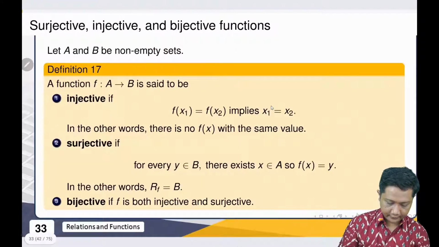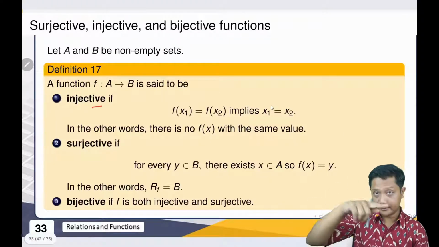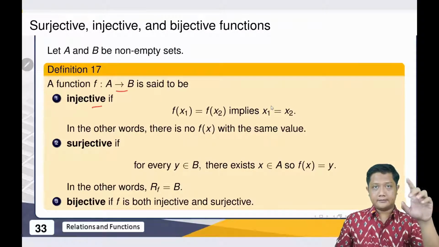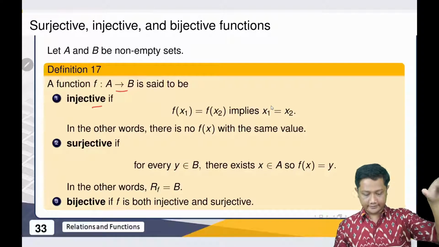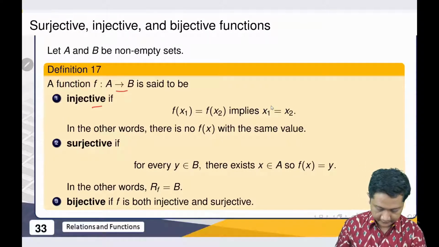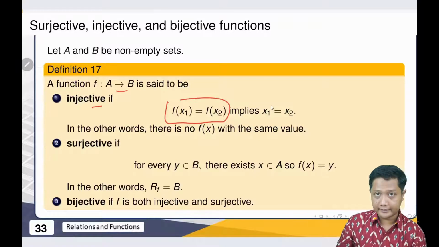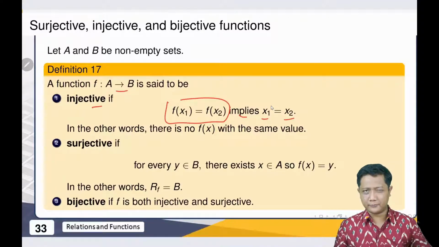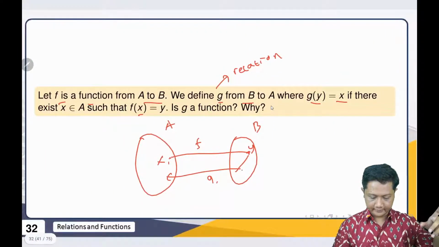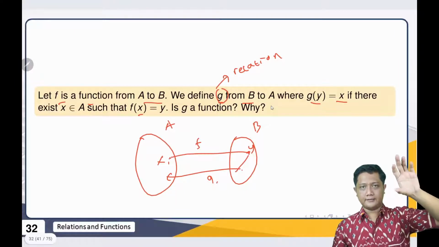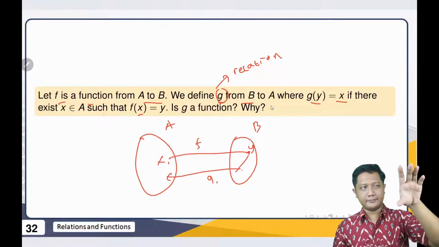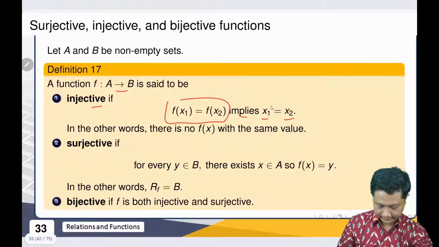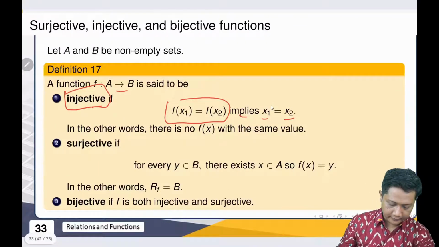So if the assignment assigns exactly 1 from B to A, then we call f injective. Injective means if f(x1) is equal to f(x2), that implies x1 is equal to x2. So it will make sure that our g from B to A really assigns each element to exactly 1 element in A. So that's the reason why we need injectivity.